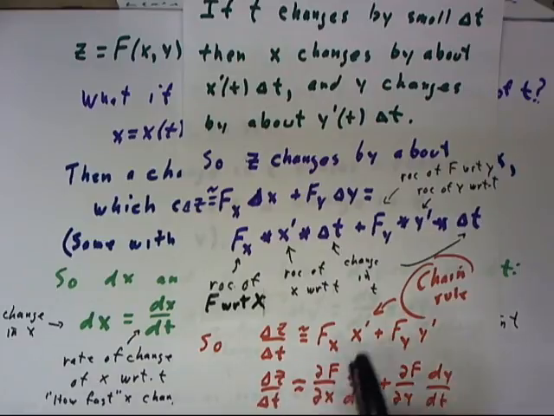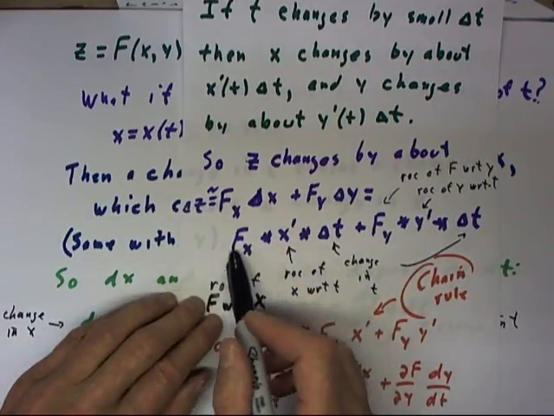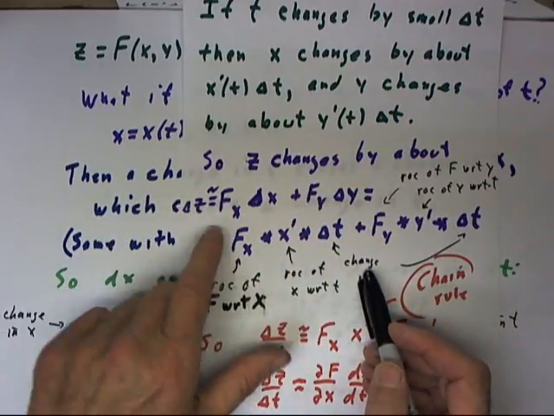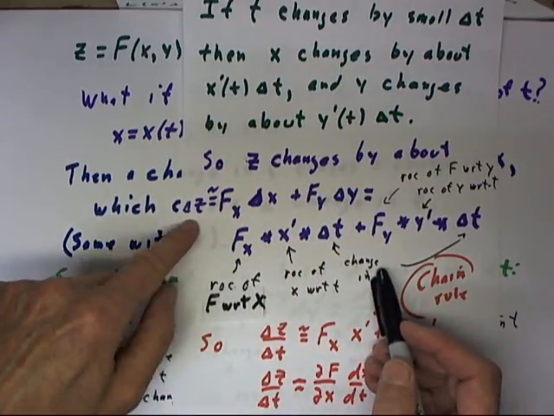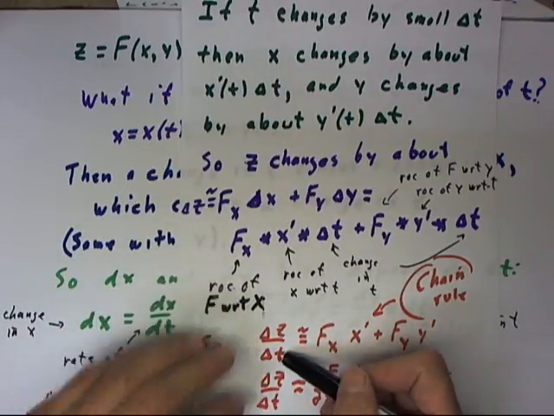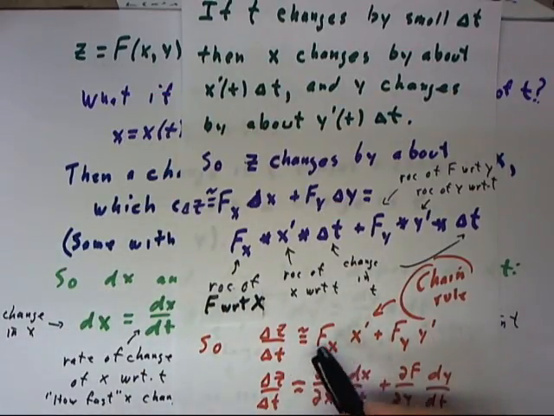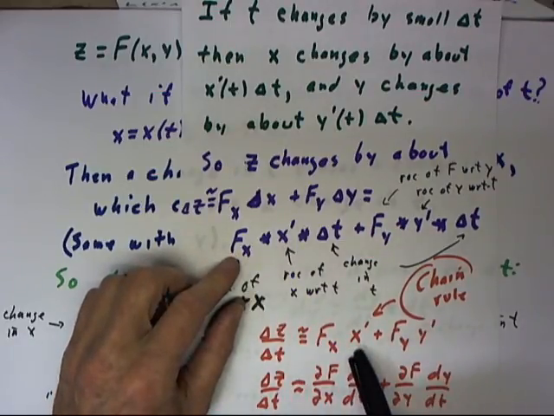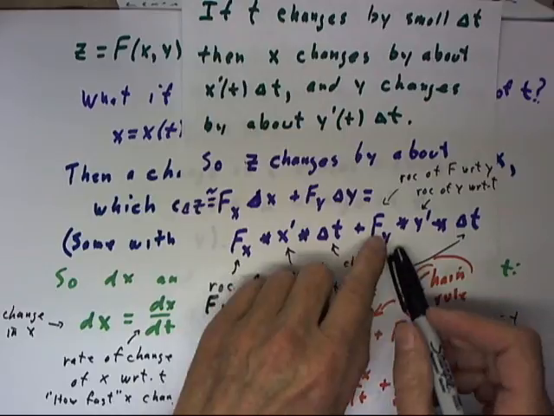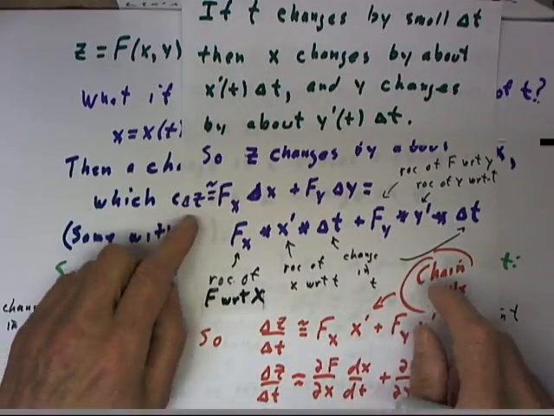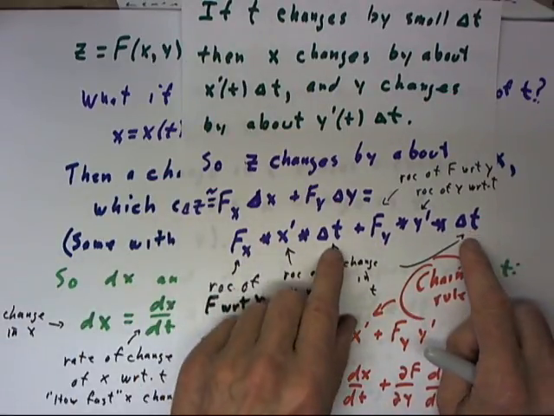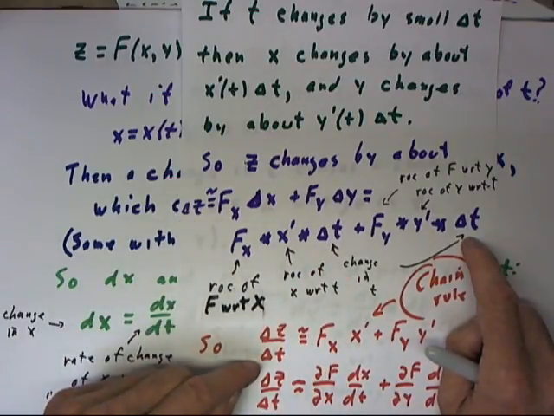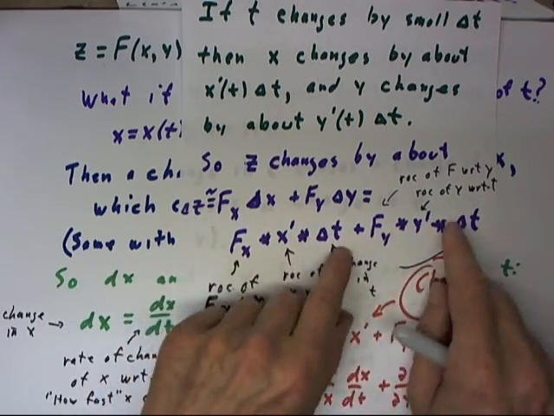Now, delta z is approximately equal to this; that is, a small change delta t results in a change delta z. So what's our delta z over delta t? Well, that's approximately equal to our fx times x prime plus our fy times y prime, because we simply take delta z equal to all this. We can factor out the delta t divided into delta z. So delta z over delta t is what's left over after we've factored